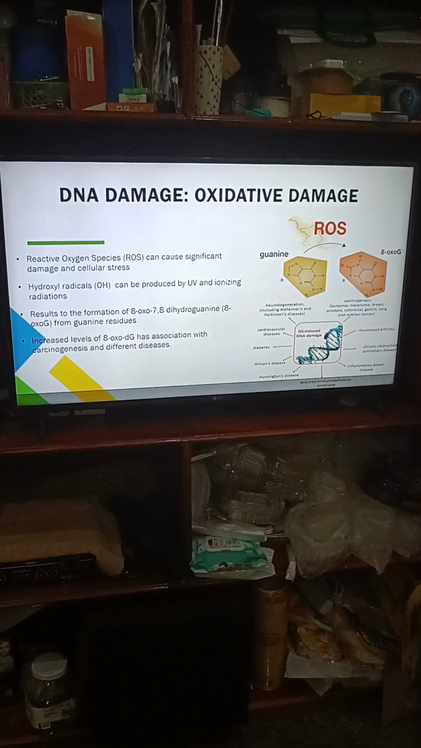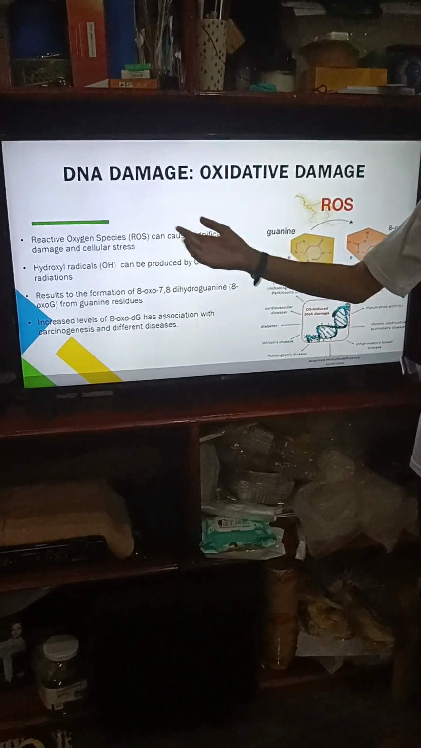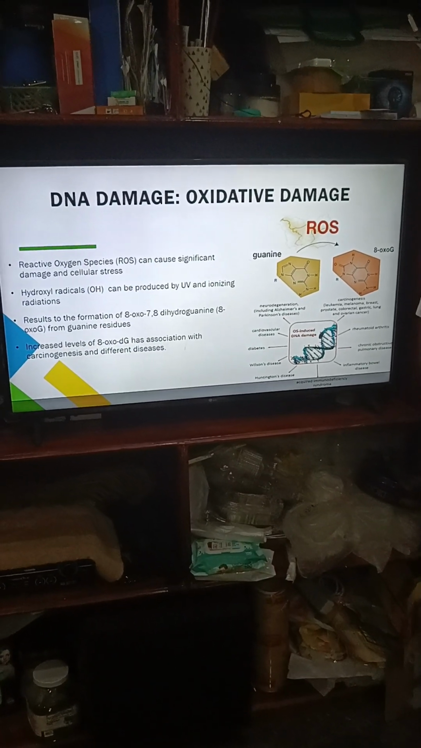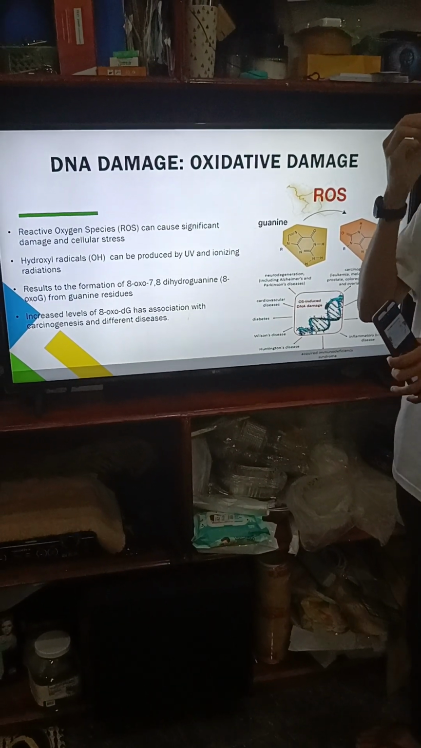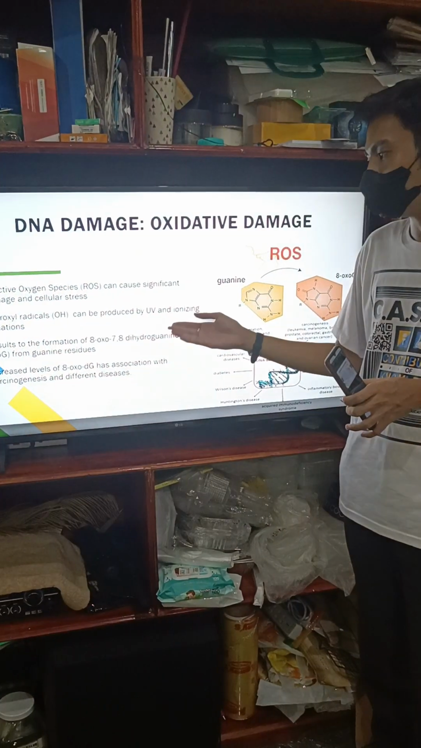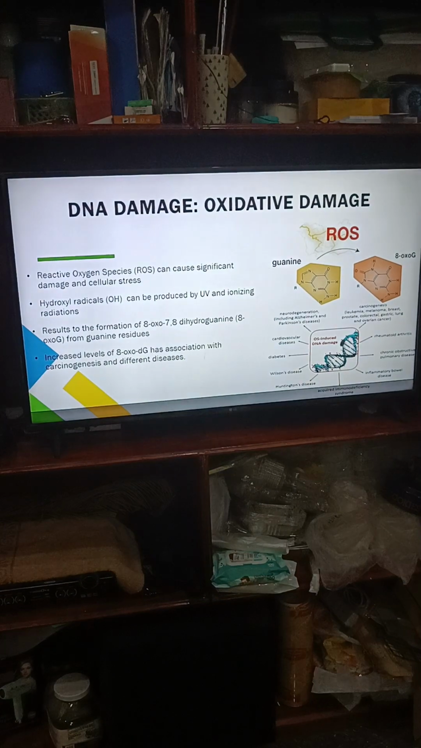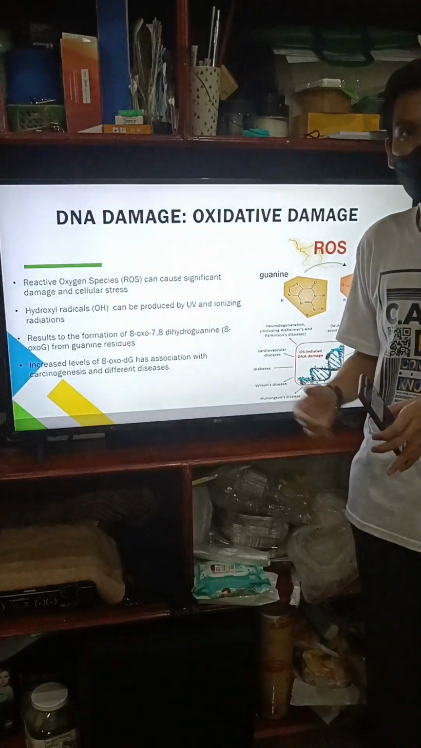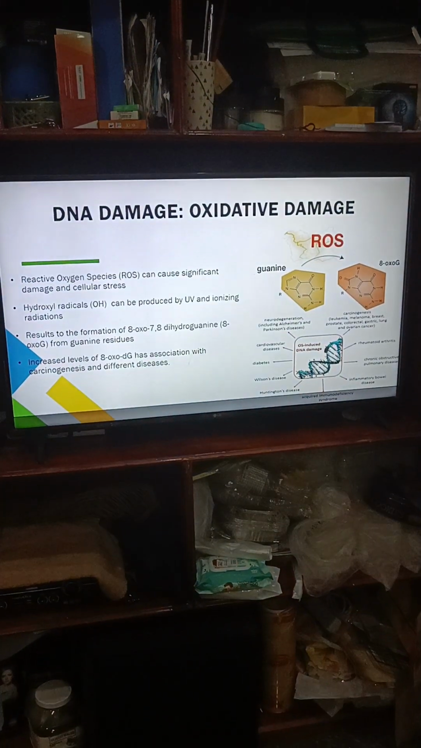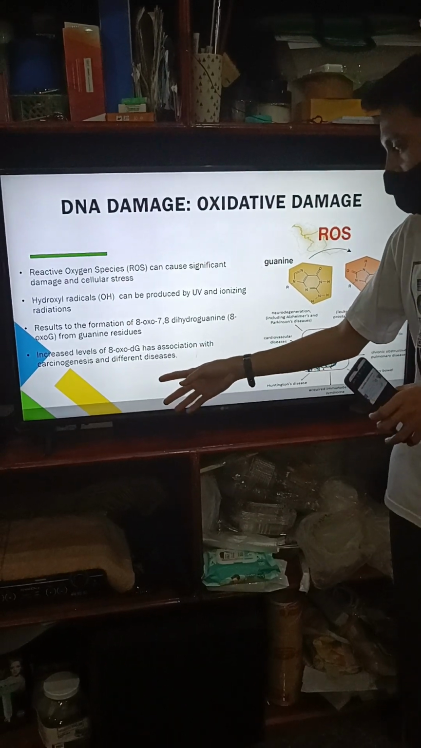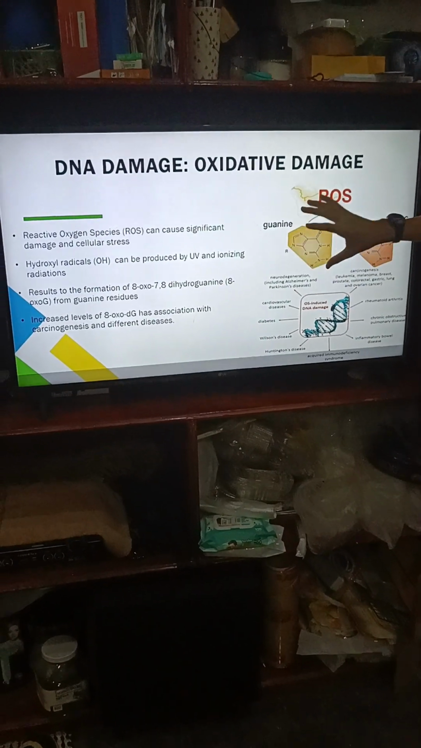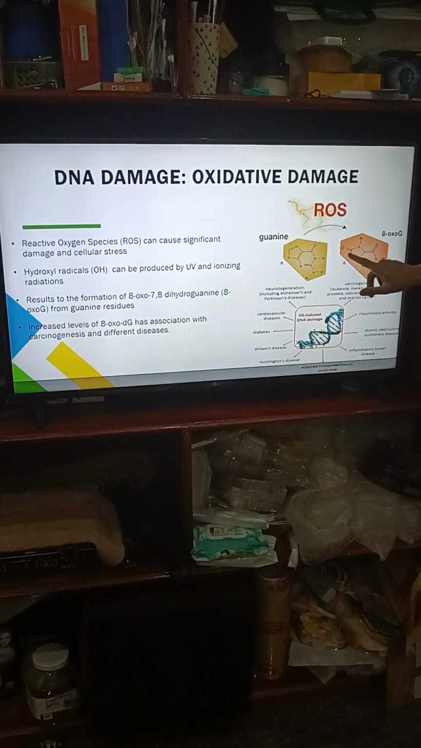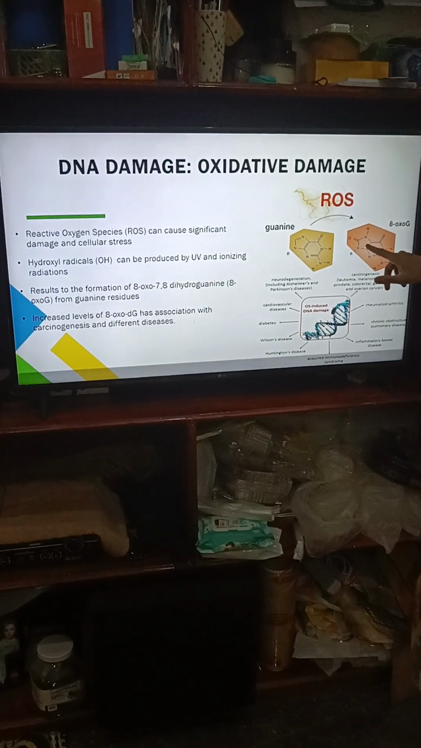The first mechanism of DNA damage is oxidative damage. Reactive oxygen species can cause significant damage in cellular stress, in which hydroxyl radicals, or OH groups, can be produced by ultraviolet and ionizing radiations. This results in the formation of 8-oxo-7,8-dihydroguanine, or 8-oxo-G, from guanine residues, and increased levels of 8-oxo-dG are associated with carcinogenesis and different diseases. What happens is that the guanine residues oxidize, in which a double bond is added to the ring structure of the guanine,